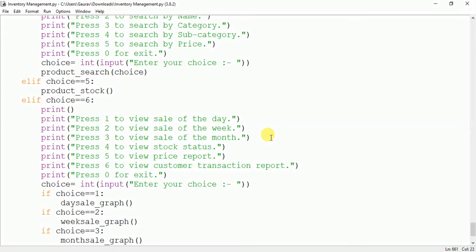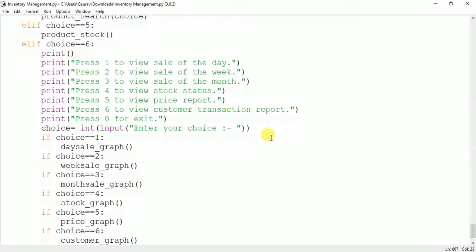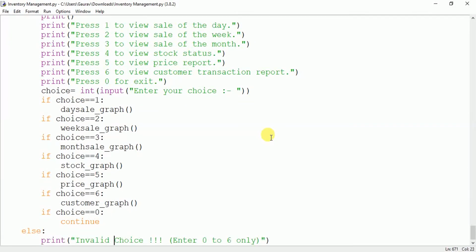In every menu or sub menu you must have an option for exiting that menu. After that the choice will be demanded from the user, and depending upon the choice I have different functions for graph: day scale graph, week scale graph, month scale graph, stock graph, price graph, customer graph.